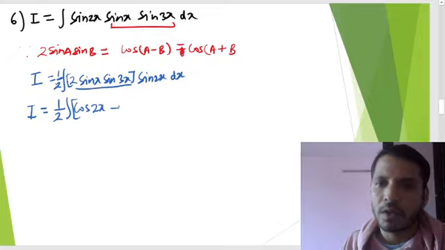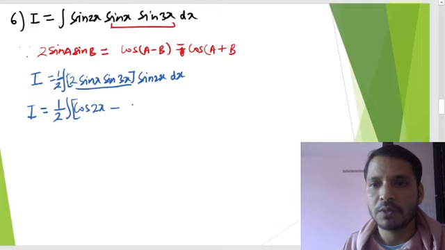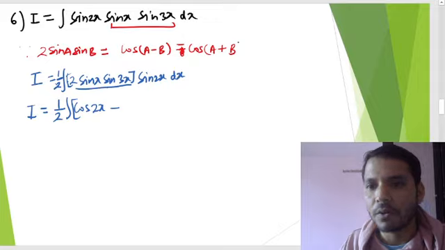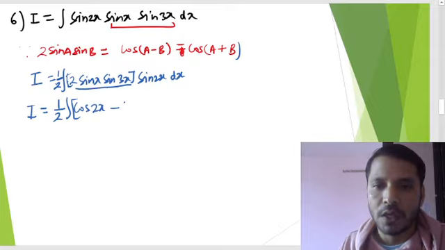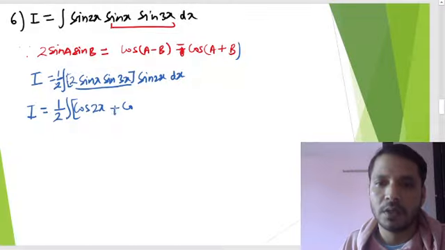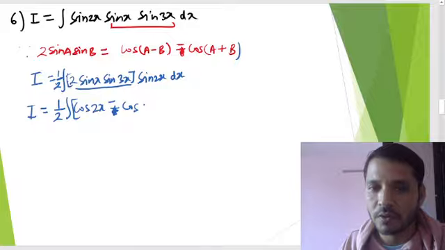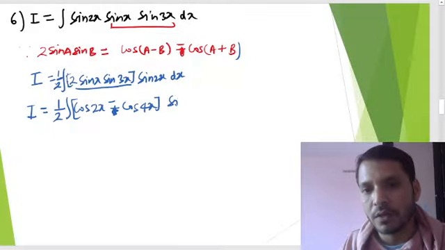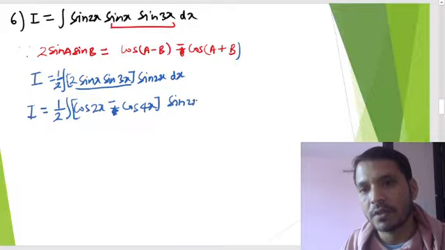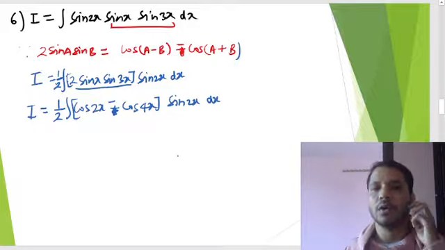Here minus plus of this, that means cos, this is the formula here, cos(x plus 3x), that means 4x. Again I am writing, this is minus sign, minus cos 4x, and sin 2x is here into dx. So now what we can do here,